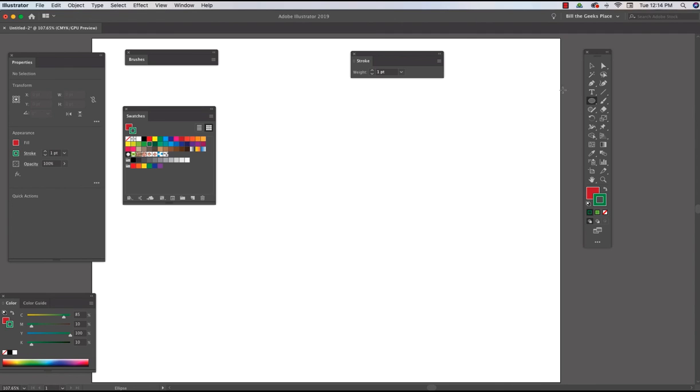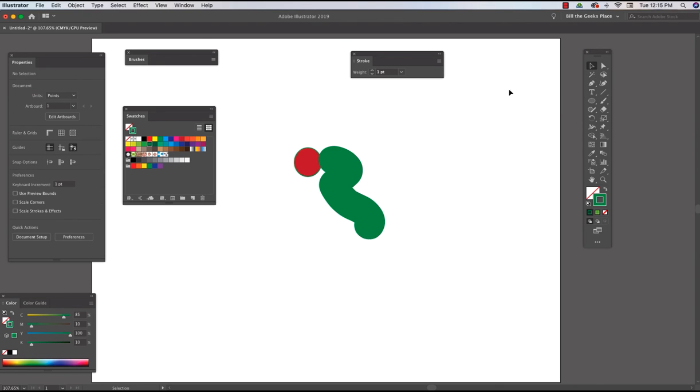Okay, that's fine. And then you just make some objects, and these objects can be strokes, fills, brushes, whatever you want to do. I've got a brush up here. Let's get brush. Oh, that's an ugly brush, but whatever. So I've got a shape there,